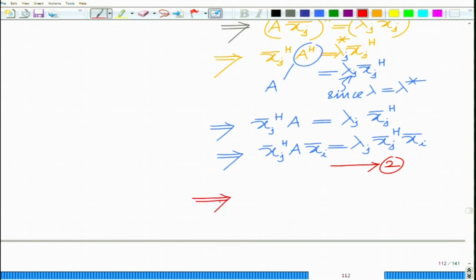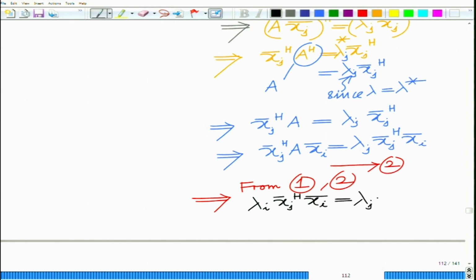So, from results 1 and 2, this implies lambda i xj bar Hermitian xi bar equals lambda j xj bar Hermitian xi bar, which implies (lambda i minus lambda j) into